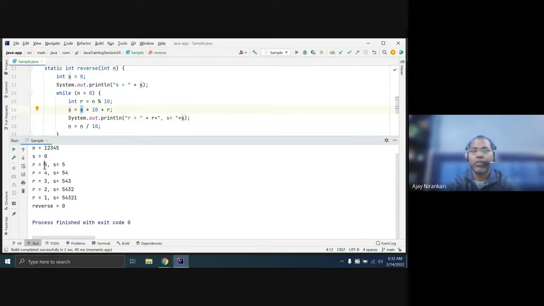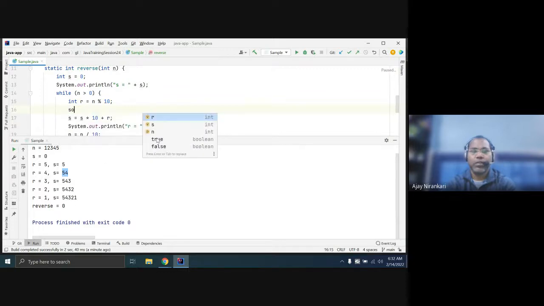Equal to 5. Next time you have a 5 number, and 5 multiply by 10, 50, and just plus 4. Next time you have a 54 number, s. Let's here just write one line above, what is your s, and just multiply by 10.